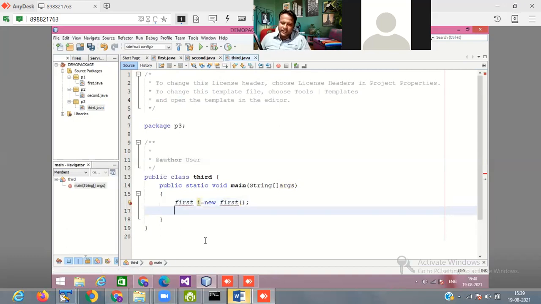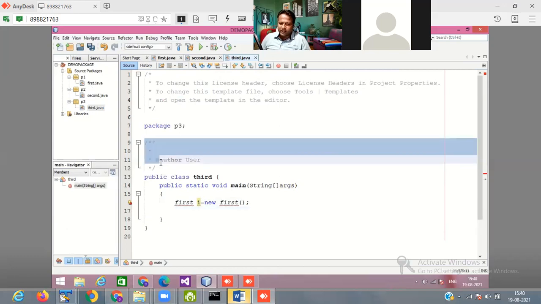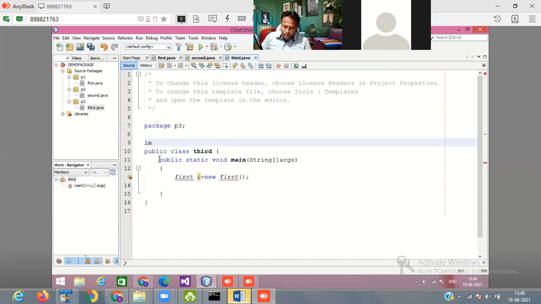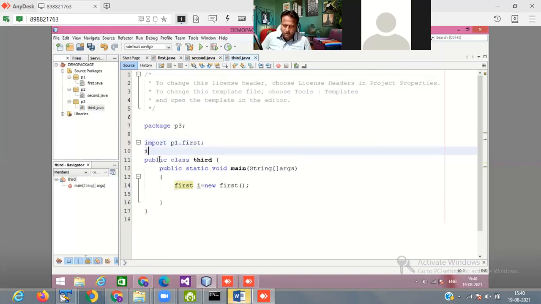When I create an object of the class, it shows an error because this first class is present where? In package P1. So how do you rectify it? As it is present in a different package, we have to use an import statement. Import P1 dot first, import P2 dot second.